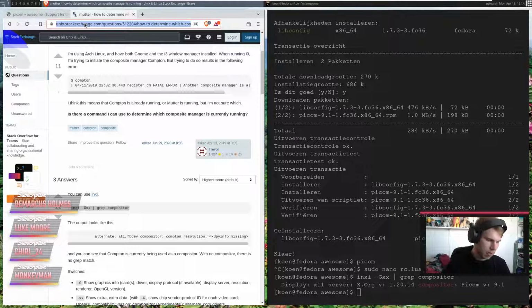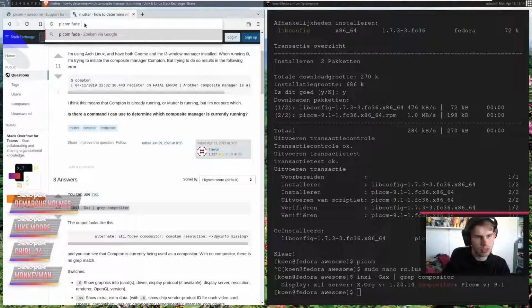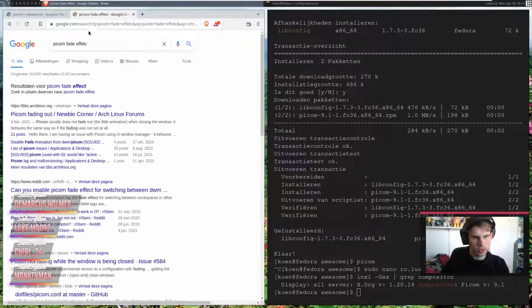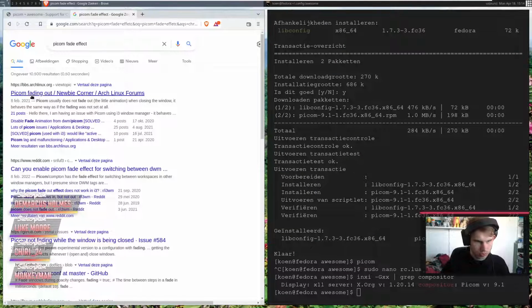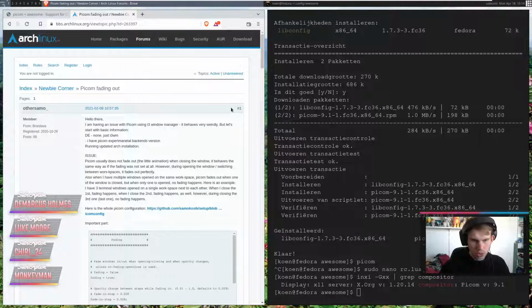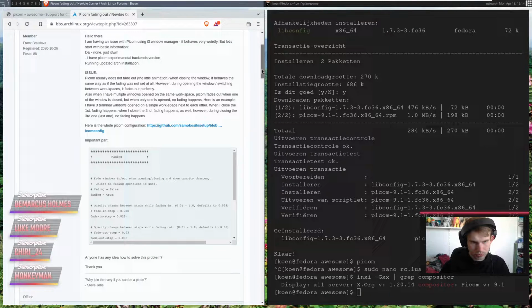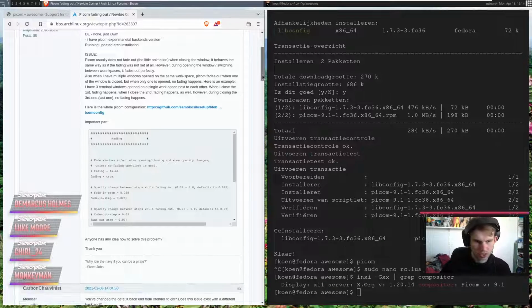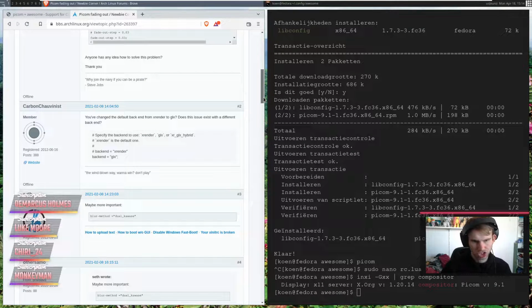So, picom fade effects. Picom fading out. Let's see what kind of thing we could check in here.